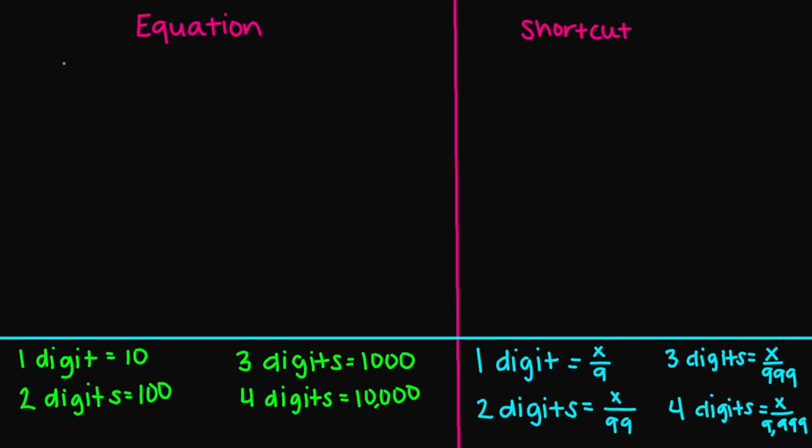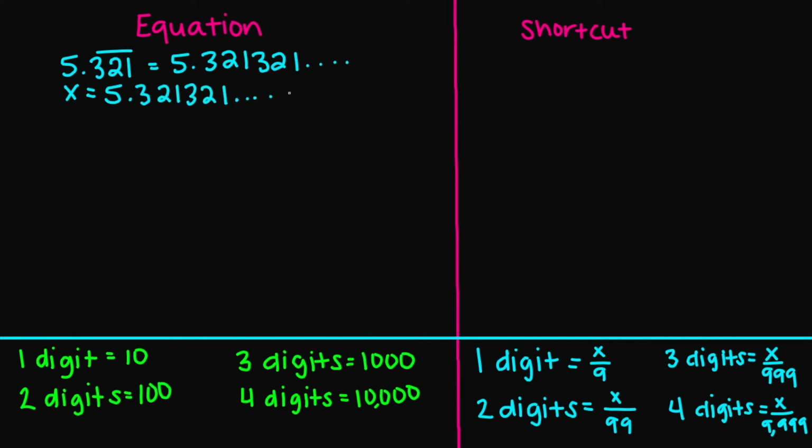So let's say we had 3 digits that are being repeated. So let's say we have 5.321 repeated. This is going to be 5.321321, and it goes all the way down. I'm going to let x equal my 5.321 repeating. And since I have 3 digits that are being repeated, I'm going to multiply both sides of my equation by